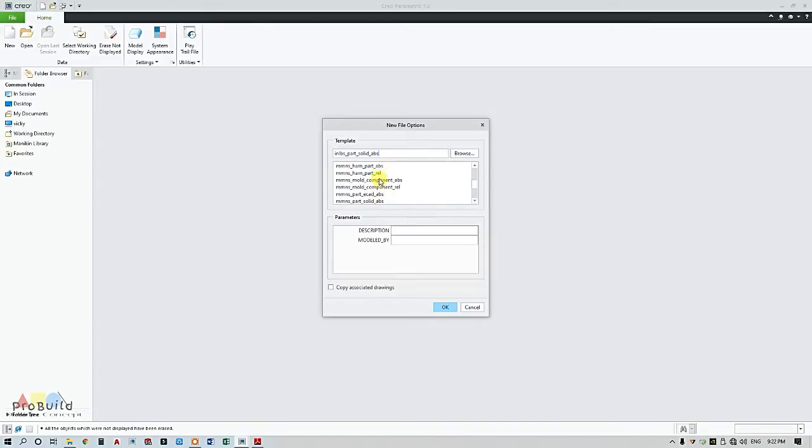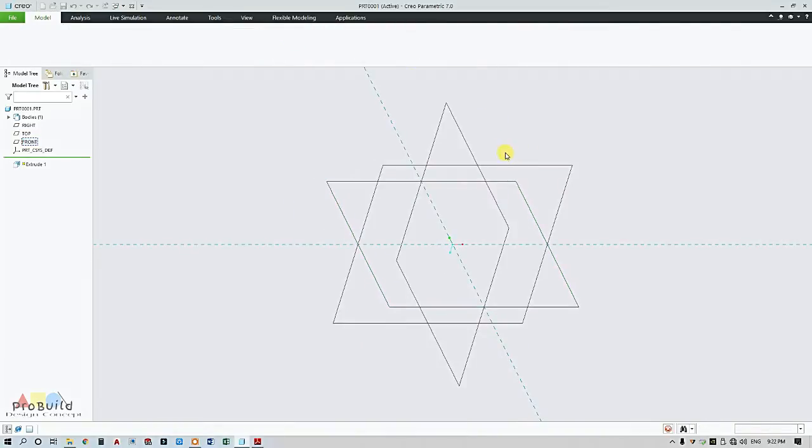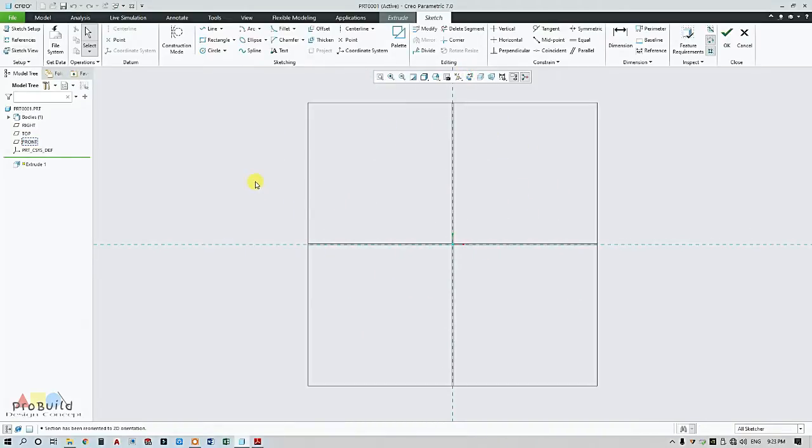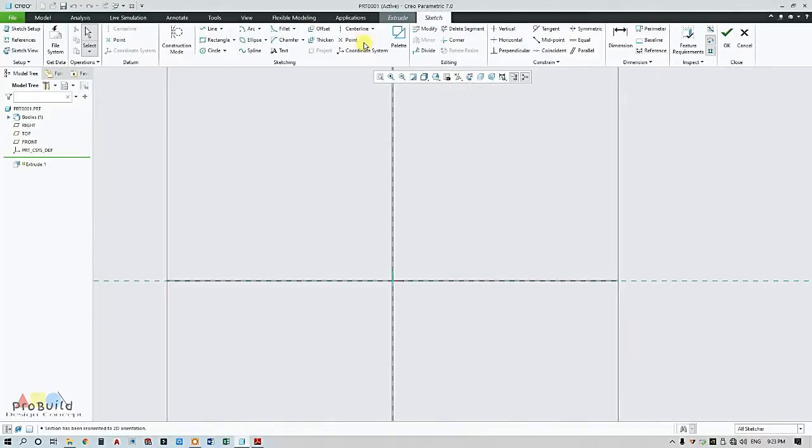So I'm going to start with new and choose MMNS part solid absolute method. Now I'm going to choose the front plane as my basic reference. So go to extrude option, make to 3D, 2D view. Now you can see that both circles are offset at a distance of 61, and these two circles are tangent to this line and circle as well, and one is R12 and another is R28 respectively. So I'm going to start with some references.